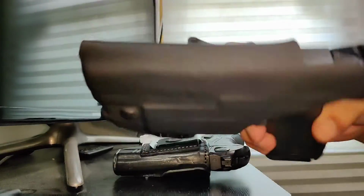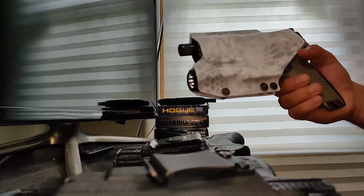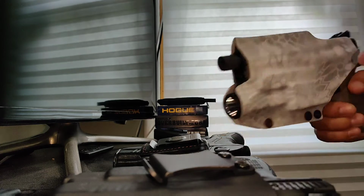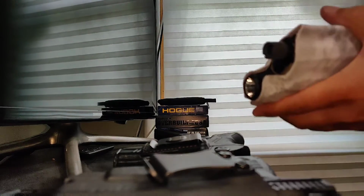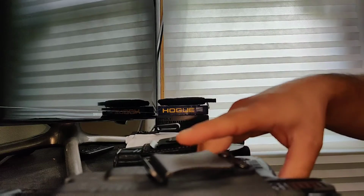So this right here is a nice holster, and it's a high guard, so it goes all the way up to the top, which is all my holsters except for my leather ones. This one's a little bit shorter. I did want it to go a little bit higher, but I think I did the mid instead by accident, and it was a little tough with the high-rise sights on it for the actual silencer sights, so they said they couldn't do it too high, but overall it fits the gun really well, holds it in place, and same